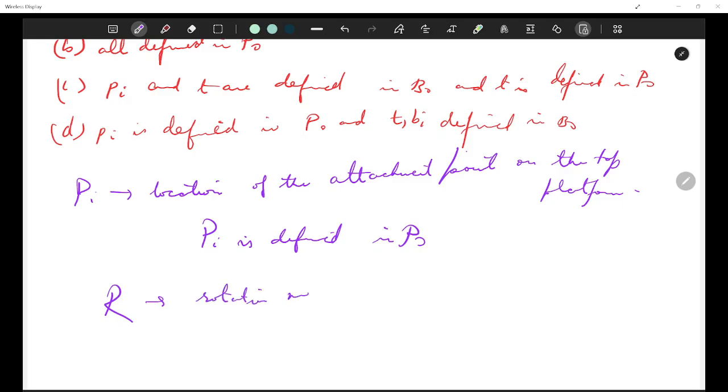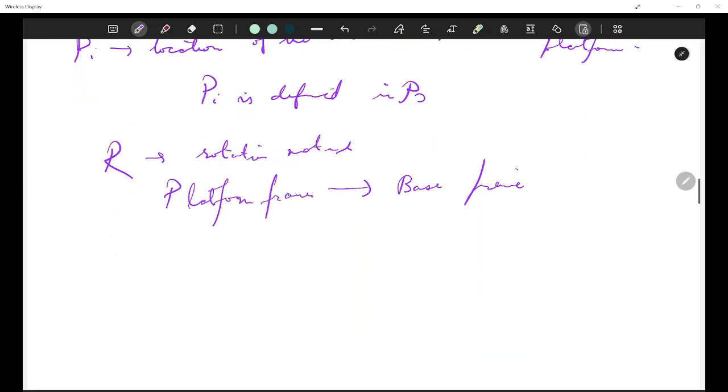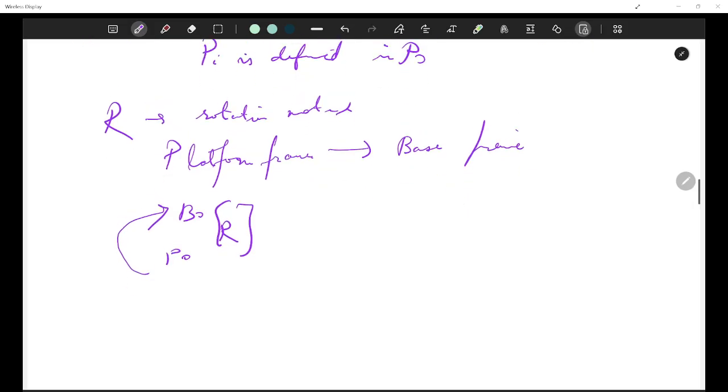Rotation matrix. And it is a rotation matrix from what? From platform frame to base frame. So it is written in this way, from P naught to B naught. So it transforms platform coordinate frame to base coordinates. Okay. What is T? T is the translation vector